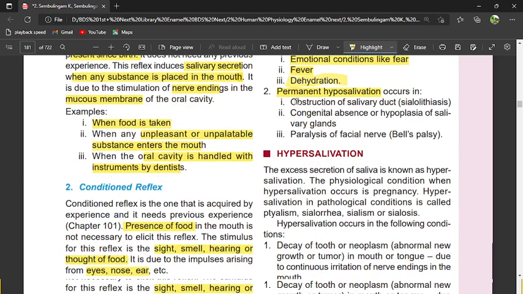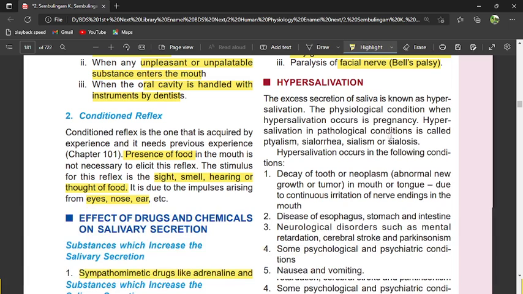Obstruction of salivary duct, तो सैलोलिथियासिस। सलेवरी डक्ट में असिनाई, इंटरकैलेटेड लॉब्यूल्स, जहाँ कुछ स्टोन्स आए या कंस्ट्रिक्शन फॉर्म हो। Congenital absence or hypoplasia of the gland. Even paralysis of facial nerve also will affect your saliva secretion. जब बेल्स पैल्सी आता है, फेशियल नर्व डैमेज होता है, फेस का पैरालिसिस होता है, तो सलाइवा सेक्रेशन कम हो जाएगा।